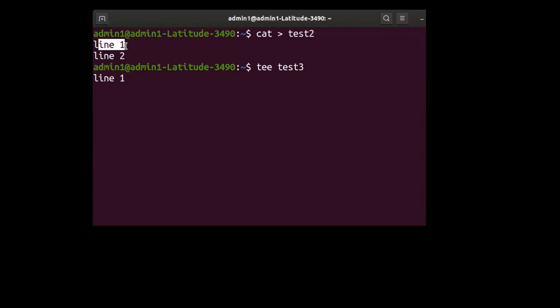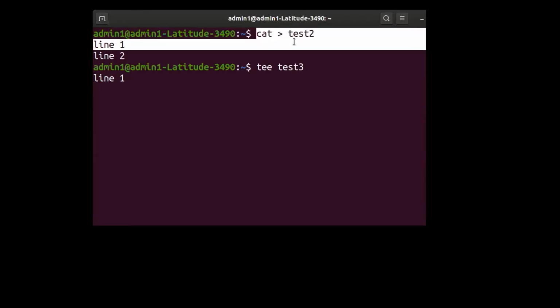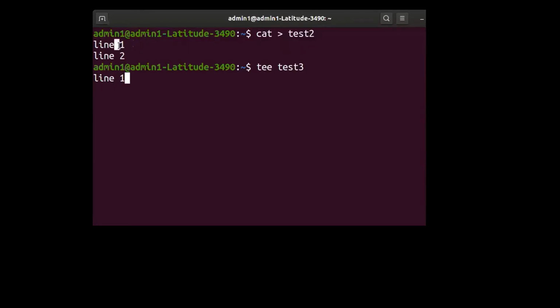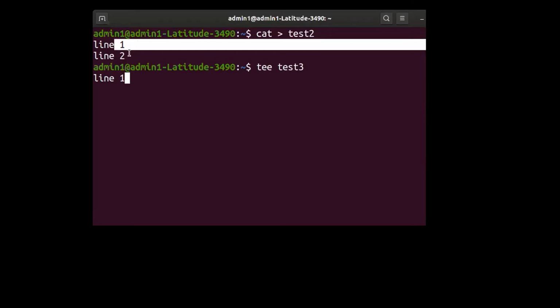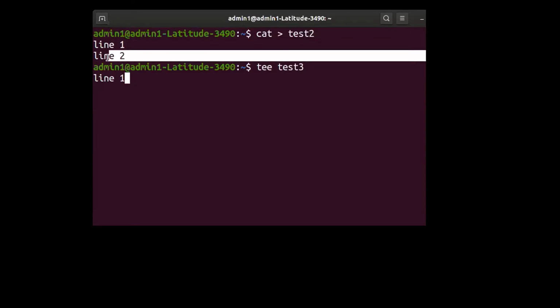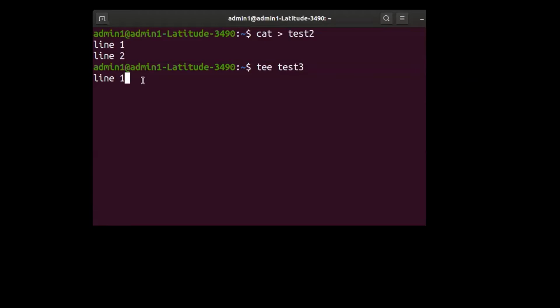Now in the cat command, when you typed line 1 and pressed enter, the operating system was waiting for you, the cursor was blinking on the next line for you to type line 2. But there is a difference in the tee command, and that is the second fundamental difference. As the definition says, it produces output to the standard output device and file. Please understand, it produces its output in two places at the same time.